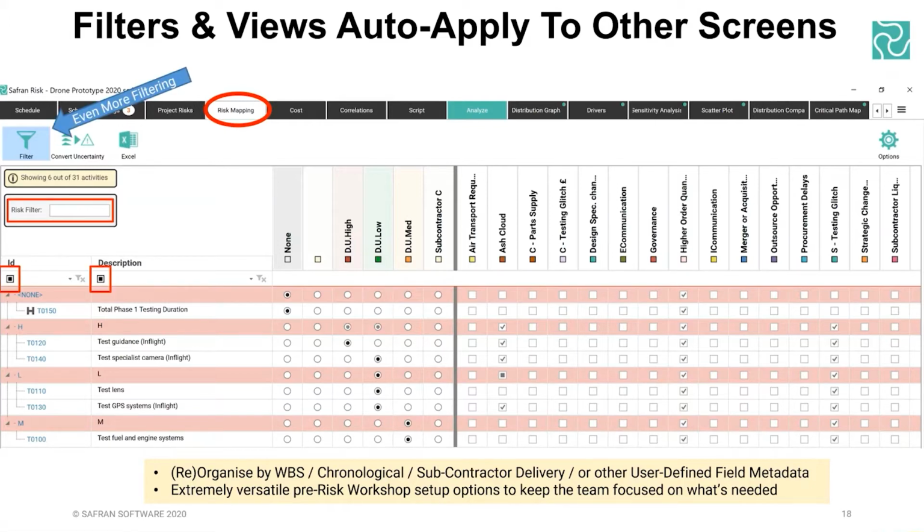And as I said, there's the extra filtering options with the blue arrow, so pointing that out there, and a few more red boxes have just popped up. So you've got a risk filter, and also those little squares within the red squares, if you can see those. I am hovering my mouse around them. If you click on those, you'll find it pretty much behaves like an Excel spreadsheet in terms of giving you